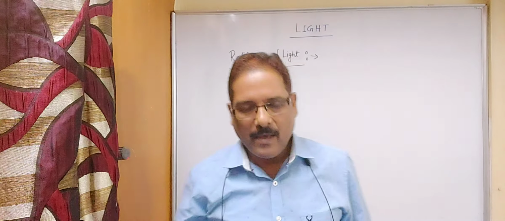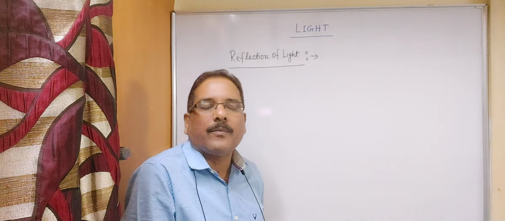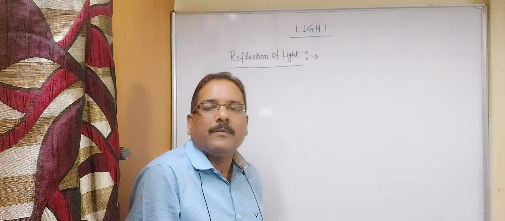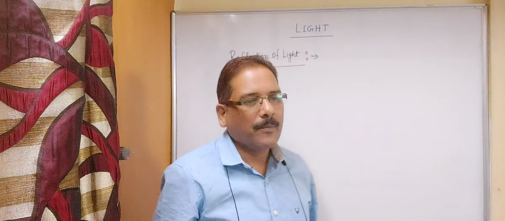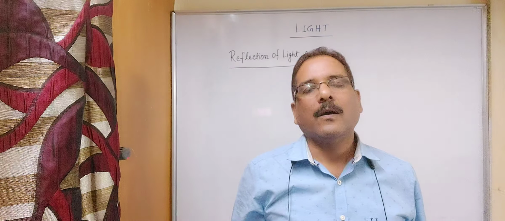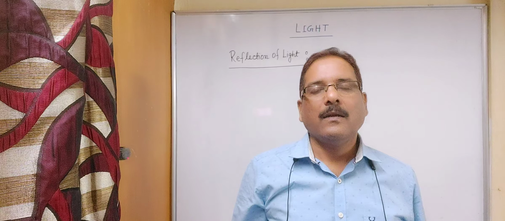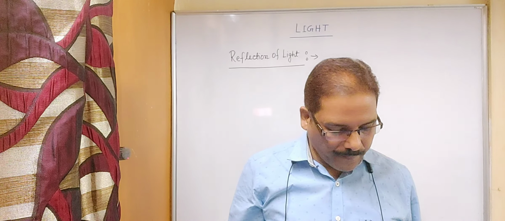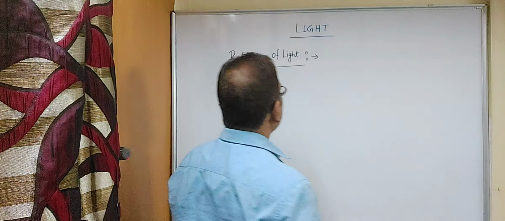As you know, light always travels in a straight line path. You are familiar with it, the rectilinear propagation of light, one of the important properties of light. So when light falls on a plain polished surface such as a mirror or a metallic sheet, then it returns back into the same medium after striking the surface. So this phenomenon is known as reflection of light. So write a definition for it.